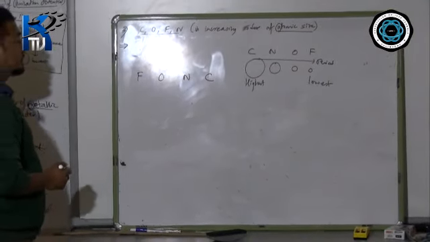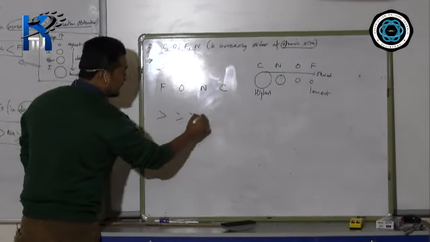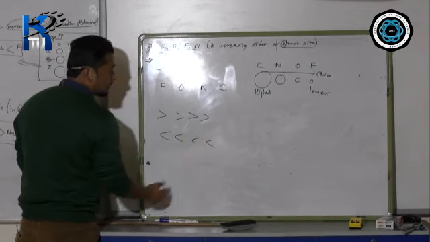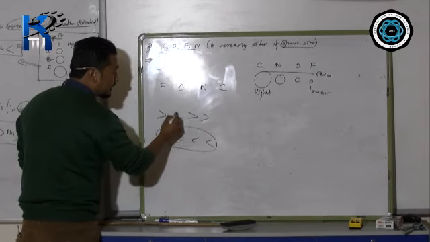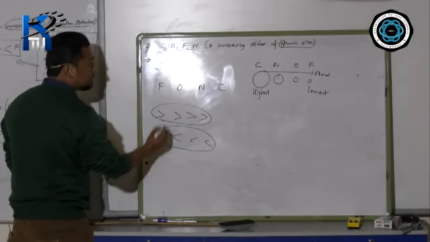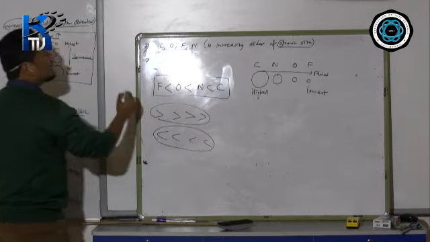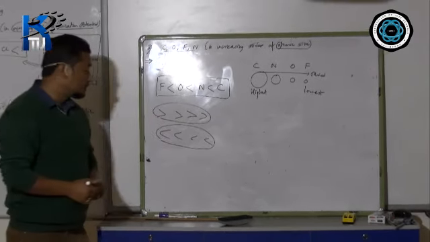Now the symbol. Increasing order, decreasing order. As I have given you some idea, now you can make a rough guess: shall we go with this sign or shall we go with this? So this is the symbol for increasing order and this is the symbol for decreasing. Right now it's increasing, so we go with this symbol and we write it in between. So this is again the answer for 1 mark. This question comes numerous times in your board exams.